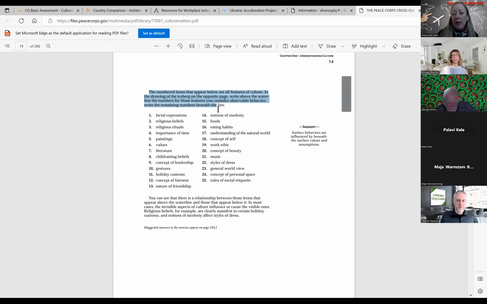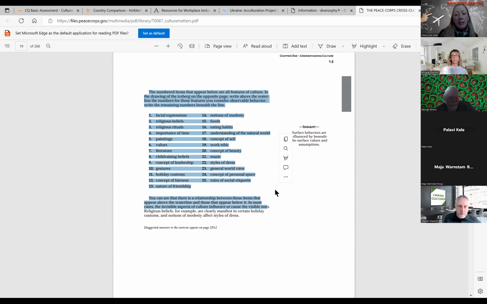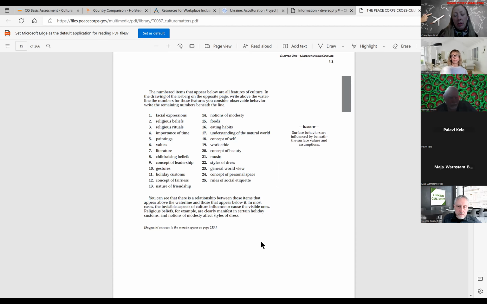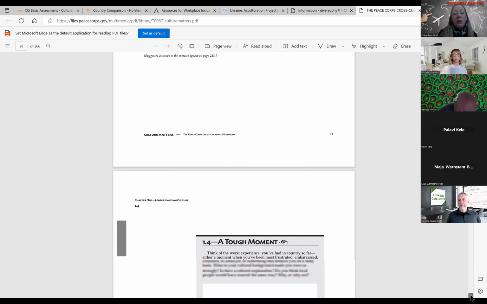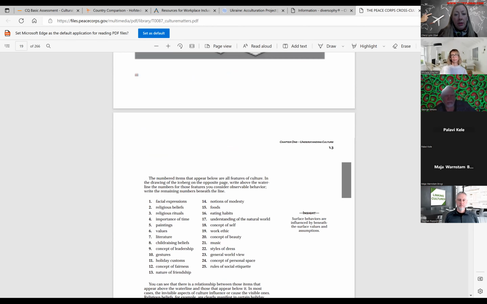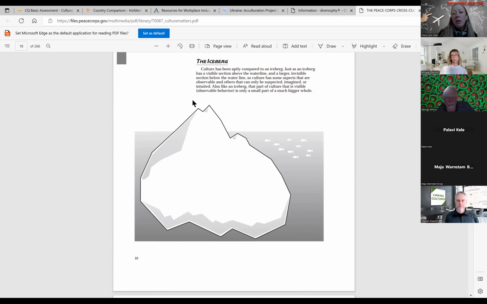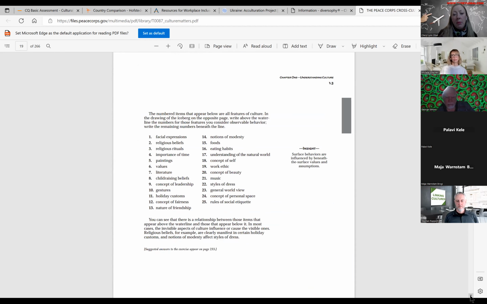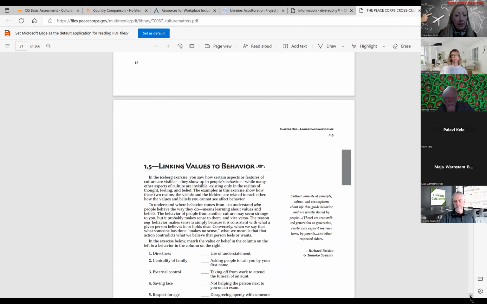It's very basic, but when you have to teach beginning intercultural sensitivity, this is a good exercise to do, even with people that have never studied the topic before. You get them to discuss what kind of behavior it is. Is it a universal thing? You're supposed to use this iceberg and put those above the water or below the water. So it's a really easy exercise, but to start out a very basic cultural course, I think it's pretty useful.